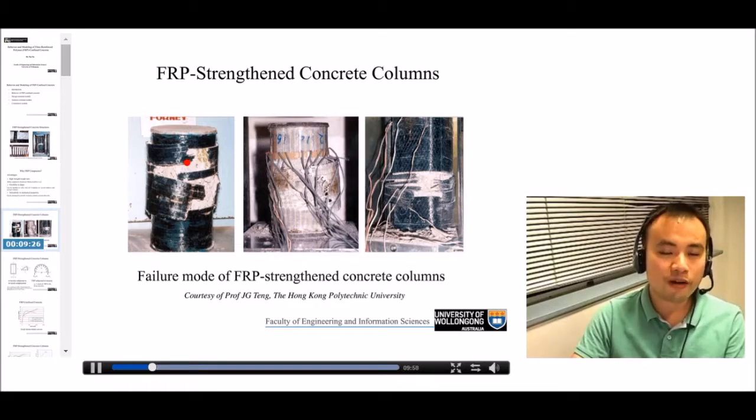So when the hoop tensile strain of FRP reaches its rupture strain, FRP ruptures. That is the failure mode of most FRP-strengthened concrete columns. For circular columns, such rupture can happen anywhere around the circumference because of the symmetric nature of the column. But for rectangular or square columns, such failure normally happens at one of the corners, which is the most critical